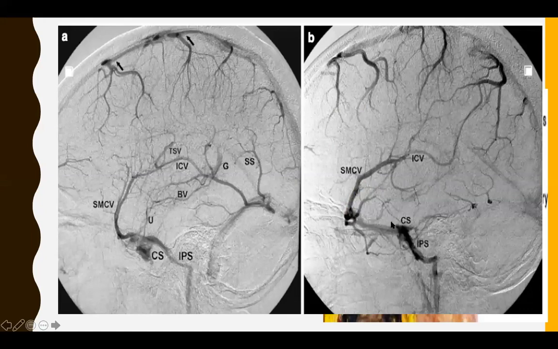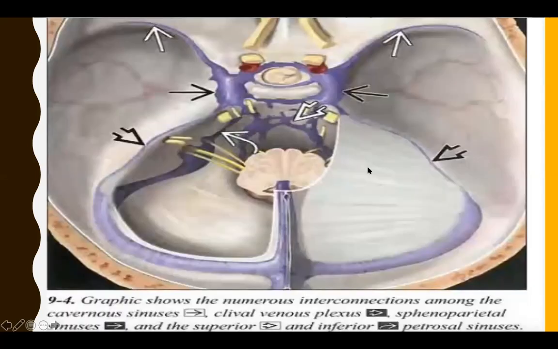So this picture typically depicts the cavernous sinus with inferior petrosal sinuses and the sphenoparietal sinuses, which continue as the superficial middle cerebral vein, from where the superficial middle cerebral vein has a connection with either the vein of Trolard or Labbé, or it can have a connection with dural sinuses or deep veins. So this is in short a complete overview of the cavernous sinuses.